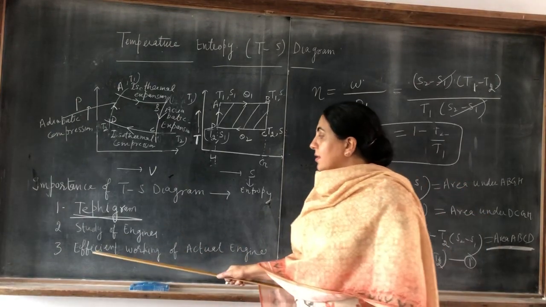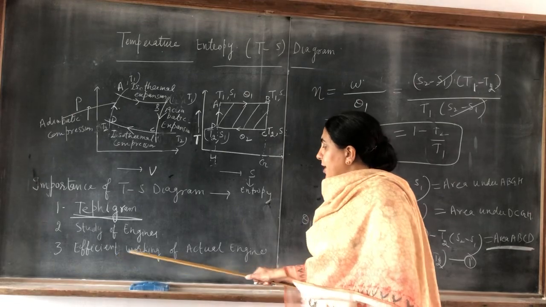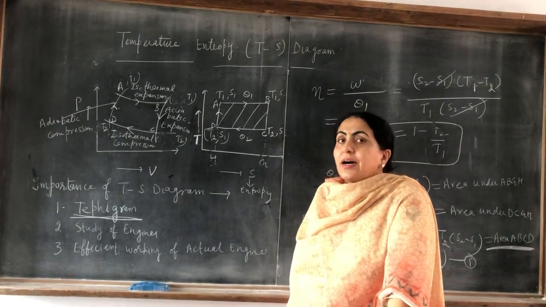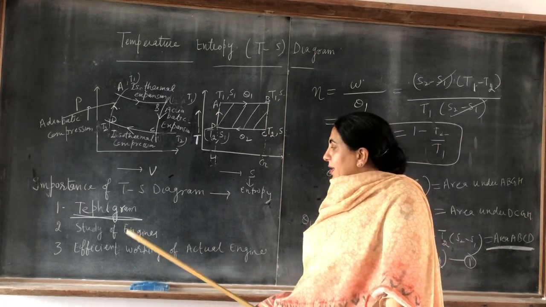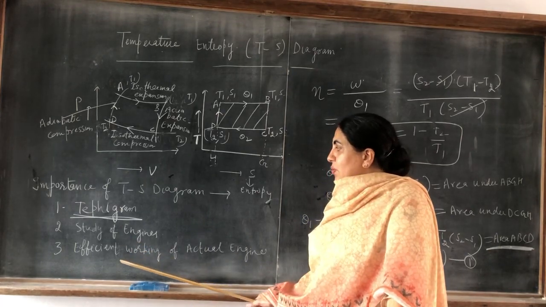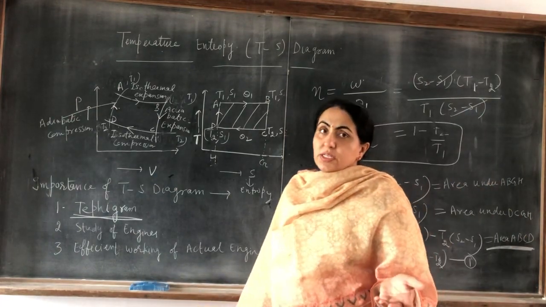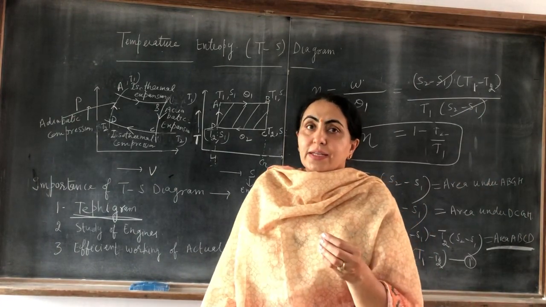Then third, to find out the efficient working of an actual engine, because the Carnot heat engine is an ideal engine. But the TS diagram is used to study the efficient working of actual engines. Why is it used for that? Because in the TS diagram,